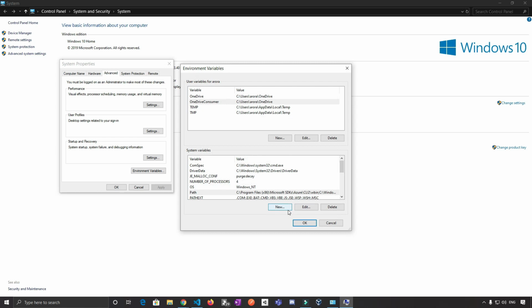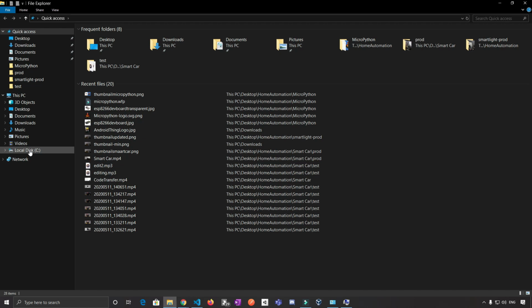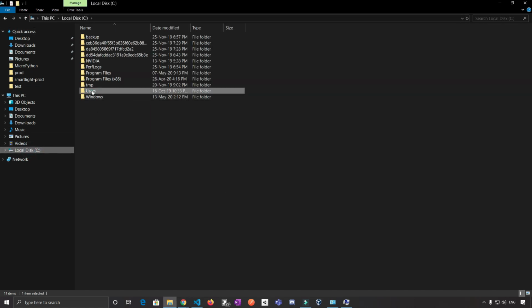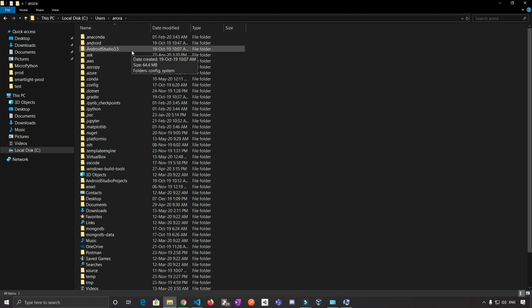So now we need to know the path for the Python 3.8 which we have just installed. So open the file explorer, go to C, users, your username, and look for AppData.